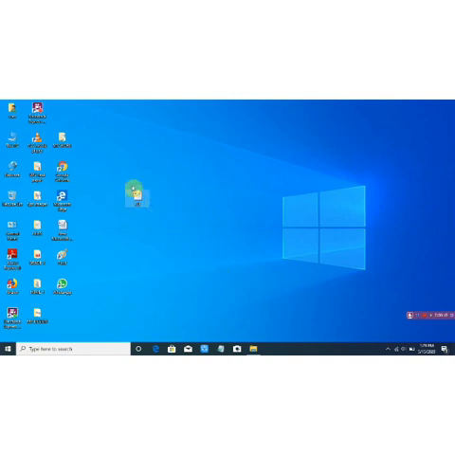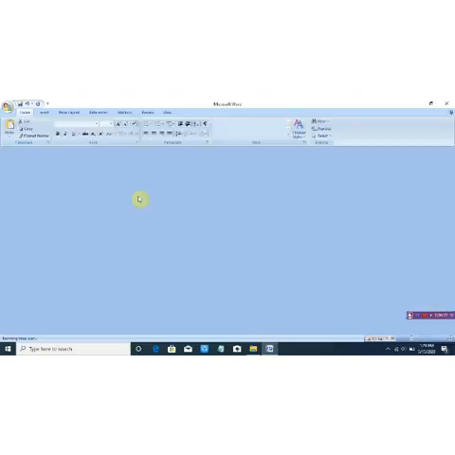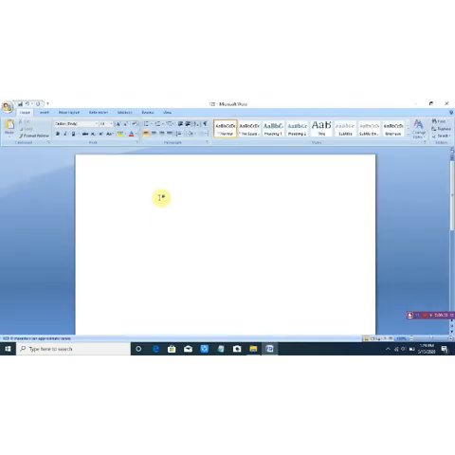Open it. Now when we open the blank document, the first page is added by default in it. By default means nobody is going to add any single or double page. The standard size of this newly added page is 8.5 into 11.